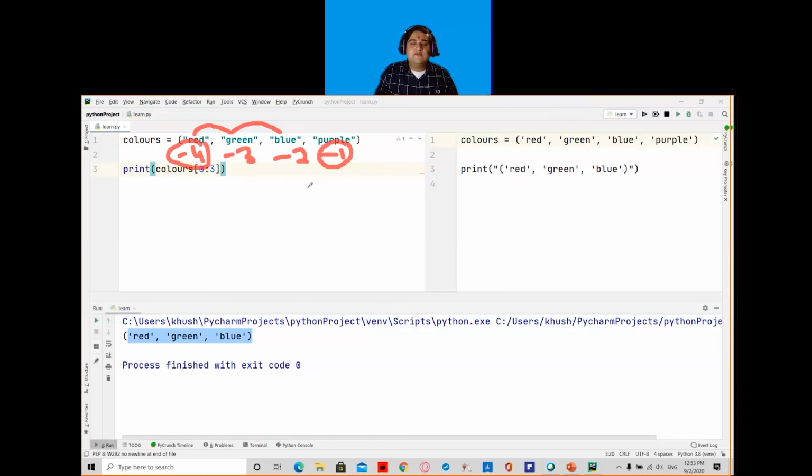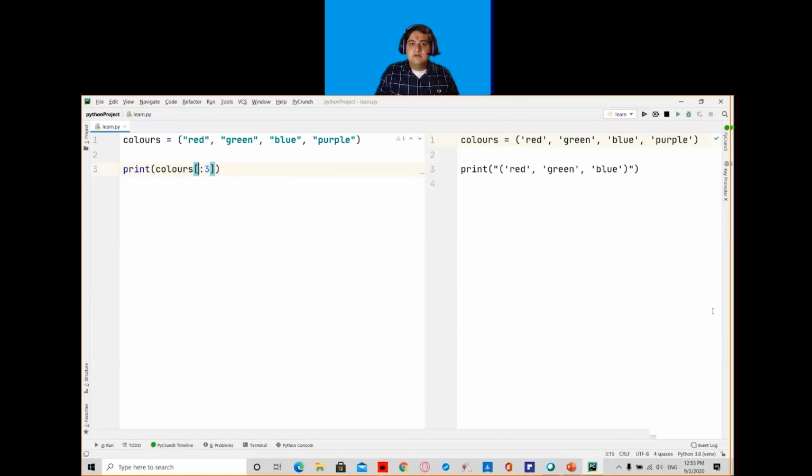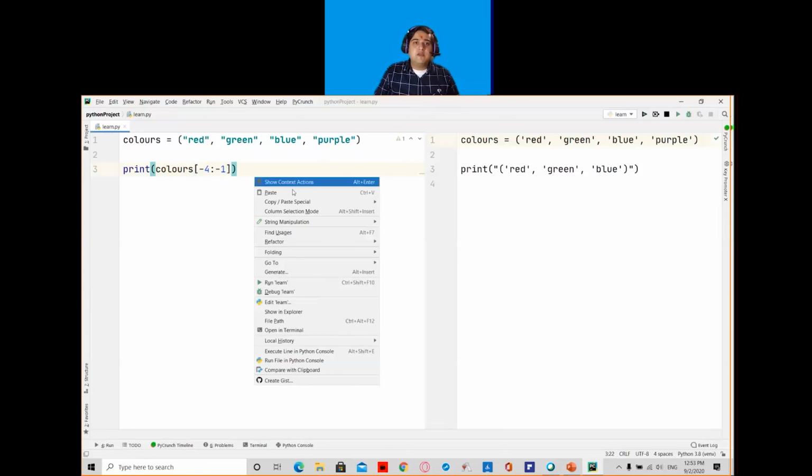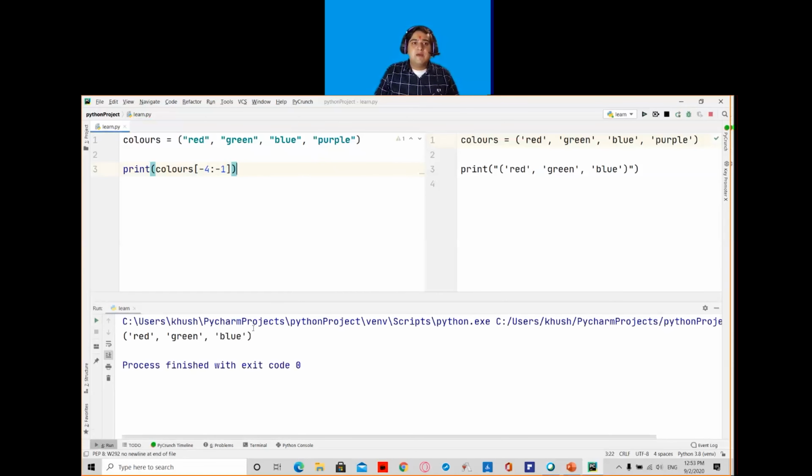Last elements always get excluded. And if I run this program, my output will be again red, green and blue.